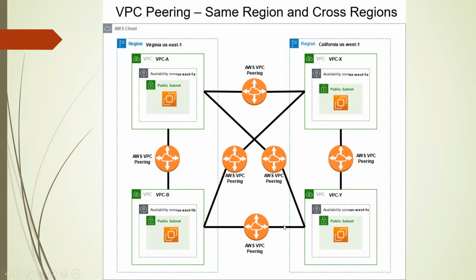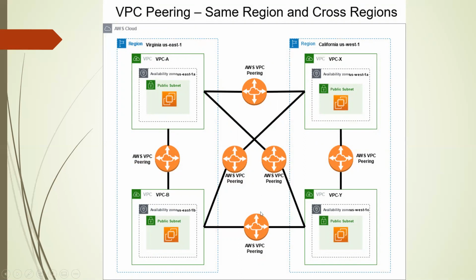After doing the same region, we will use cross region pairing. You can see we need to use 4 pairings for cross region and 2 pairings for the same region. So how can we calculate how many pairings are required? We will see in a few minutes. So we will create these pairings, the cross region pairings.